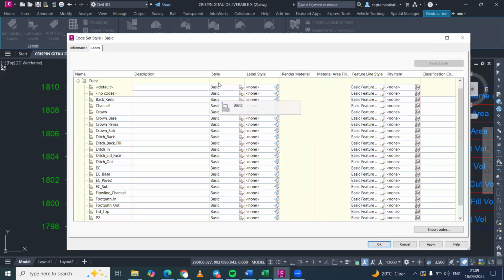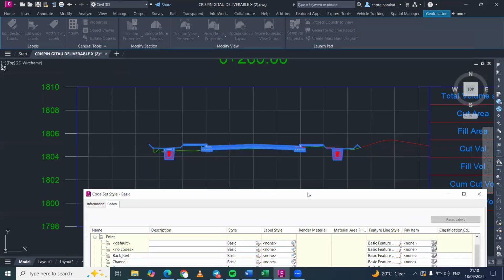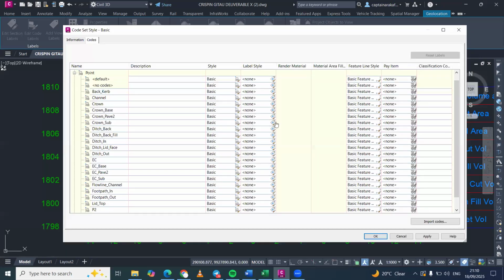we'll probably under the label style, okay? Not the style, but the label style. Now, you can see that we currently have no style attached to our labels. That's why we don't see any labels on our sections, but we can change that, okay? We can create a style for each of these, but it may not make sense to do all these modifications one by one. So maybe we can probably create one style. Then that one style for the labels, we can use it for the rest of our points,